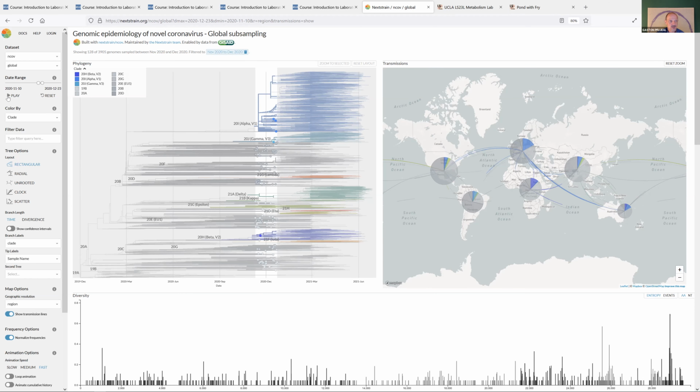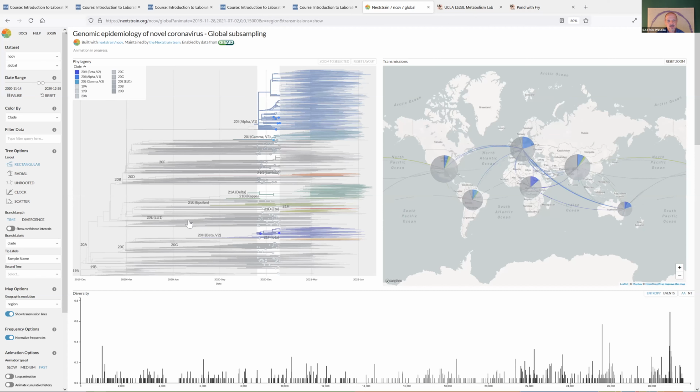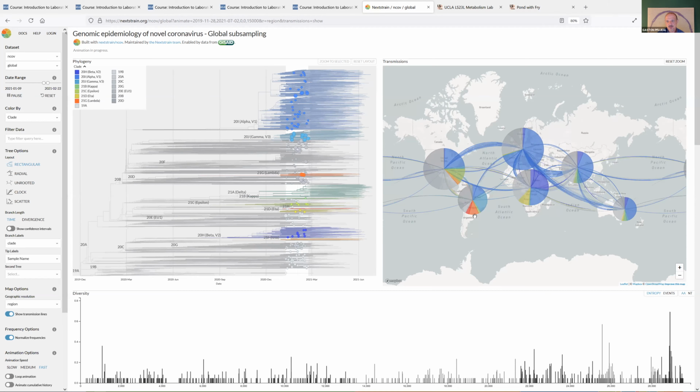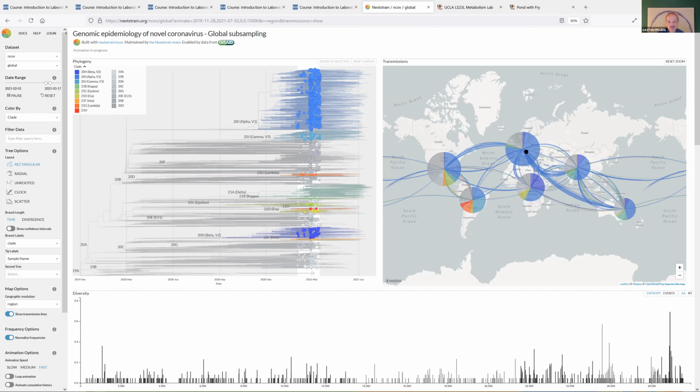They kept renaming it. In the video, it looks a little different than here, because they've been renaming all these strains recently. But here you can see how the strains change, the abundance. There are new strains here in South America, the red ones, right? And I think the delta is the green, the 21A delta.